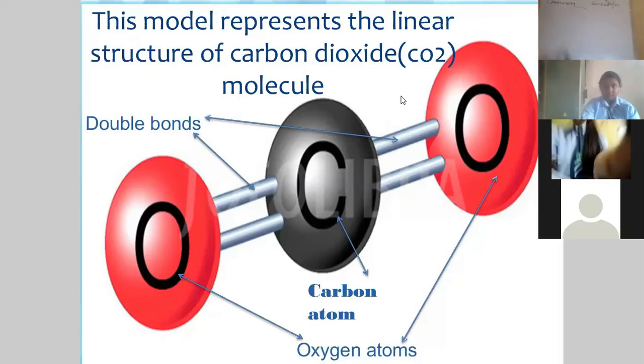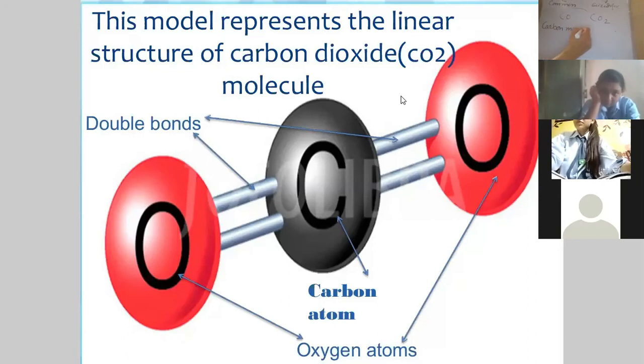Like we have multiple compounds of carbon and oxygen. Now, how can we write the name? We have already understood the name of carbon dioxide, but here there is only one atom of oxygen. So first I will write carbon. Then how many atoms? Only one atom of oxygen, so mono. Mono means one. So we write carbon monoxide, and carbon dioxide because there are two atoms of oxygen involved.